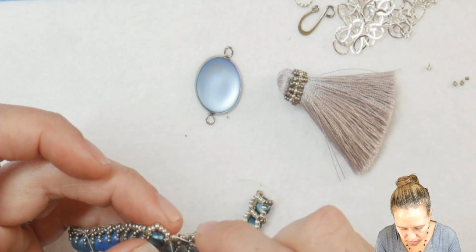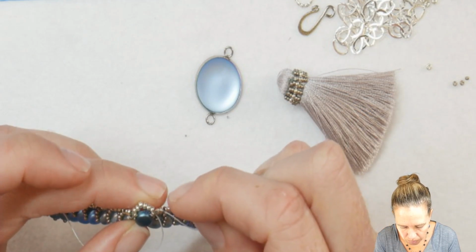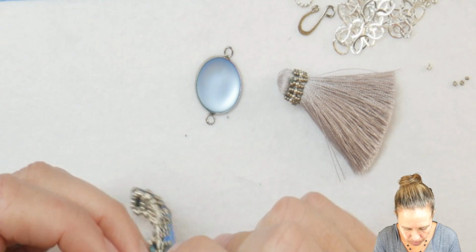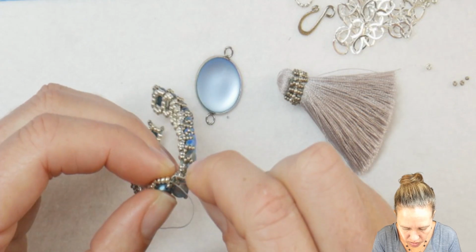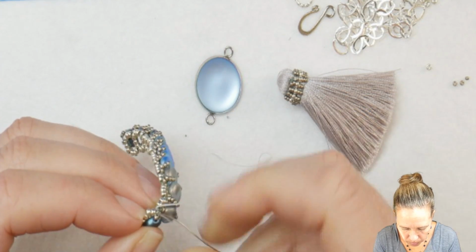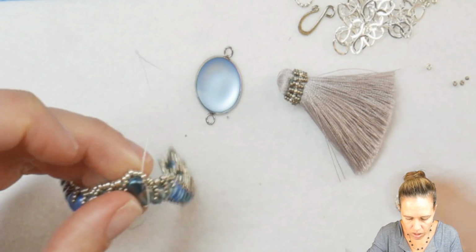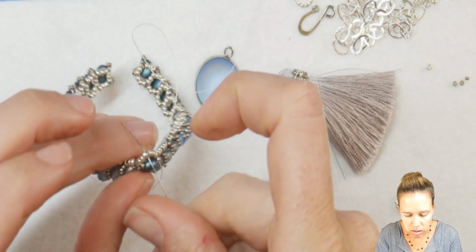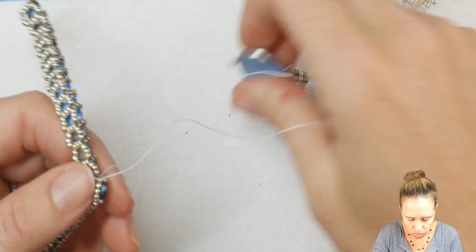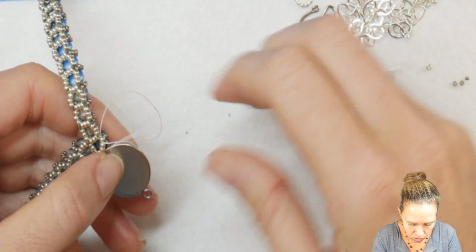So how I'm going to do that is I'm going to go down through, you have this grouping of 6 seed beads here. I'm going to go down through 1, bring my needle out after that 1, take the needle to the back of the project, grab your little link here. You're going to sew